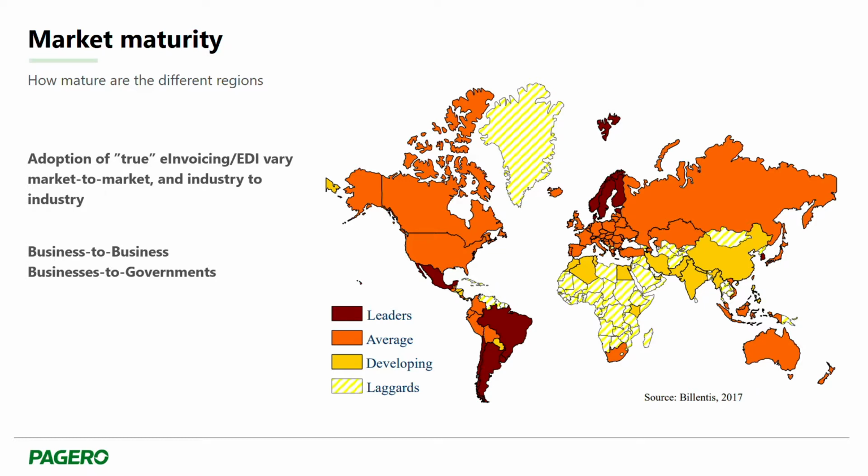And in Northern Europe, the governments have approached this in a slightly different way. They have put a strong recommendation or even a legal requirement on all governmental entities that they should be able to receive invoices in an electronic format. And the countries in the Nordics didn't do this because of tax collection, since the tax gap is fairly low. They did this for automation purposes and to increase efficiency and make it easier for companies to do business